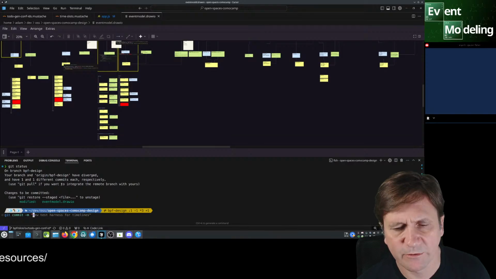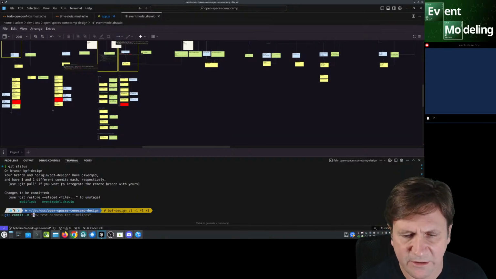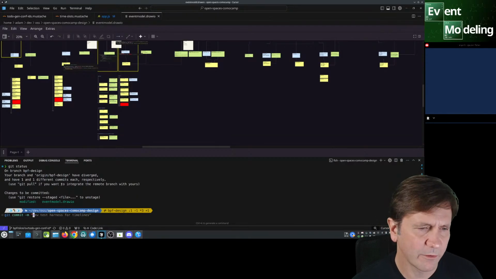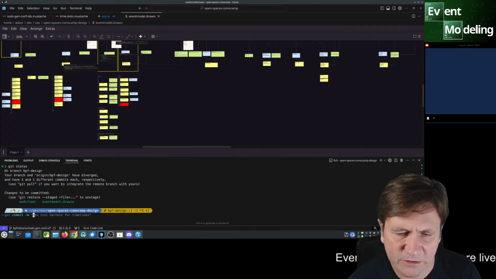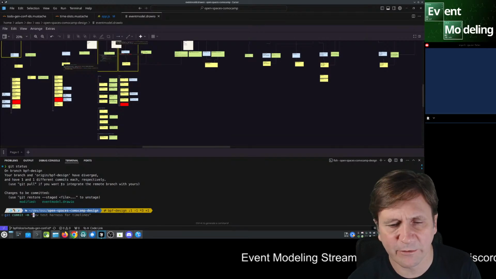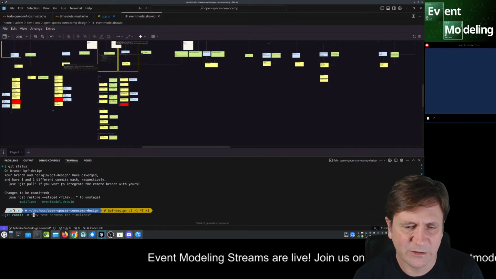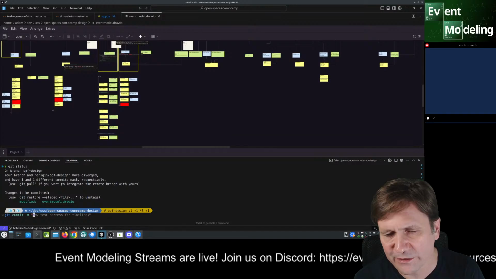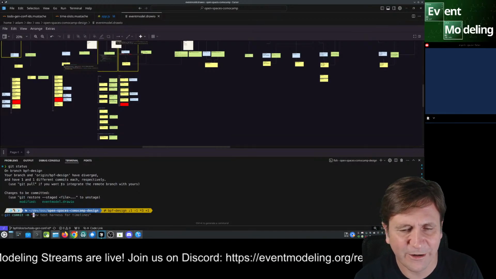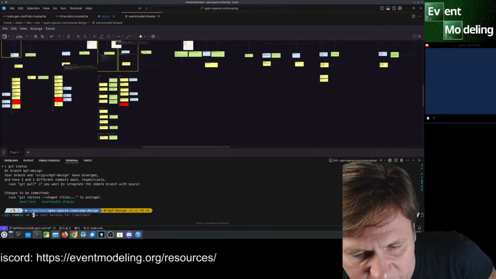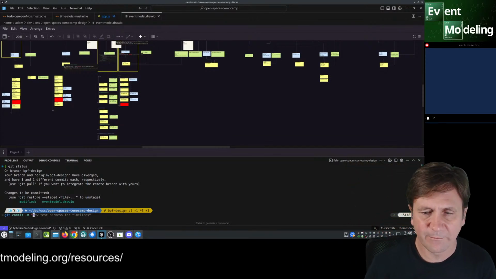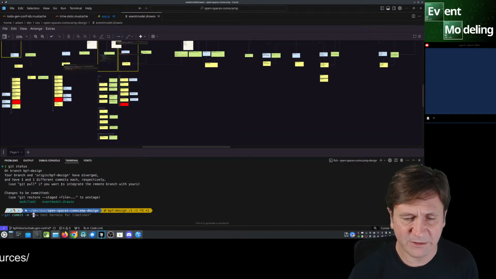By the way, fish abbreviations are so much better than aliases. You can do so much in terms of where you put the cursor afterwards, and combine this with the tab completions in fish. People were kind of arguing about what's your favorite shell? There's nothing that beats fish in my opinion, just for what you can do. Yes, it's not POSIX compliant, but I don't care. For very important scripts, I'll use bash.